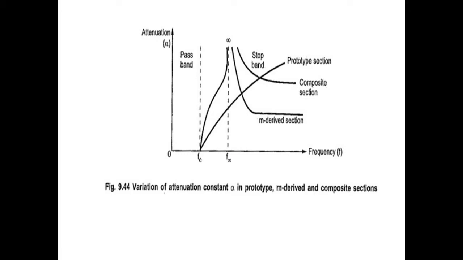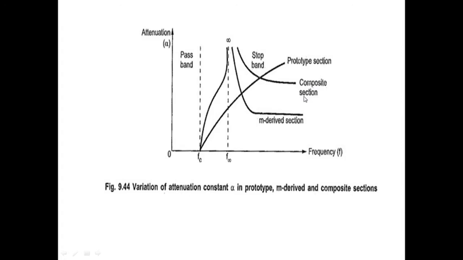Infinite attenuation pole point. Okay, so what happens is, of course, in the m-derived filter we get a sharp cutoff frequency. But once we are increasing that frequency until it reaches F infinity, the attenuation rate keeps going up sharply. Above that F infinity value, if it is a low pass filter, the attenuation rate is drastically reducing. Okay, but we need sharp cutoff. So this is the drawback of m-derived filter as well as the constant K filter. So these two drawbacks are overcome by this composite section by connecting two bisected matching sections